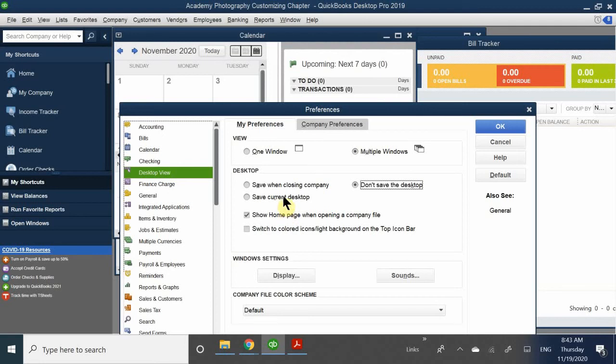So I have it already selected. But if I don't, what's going to happen is you're just going to get that gray screen. Okay? So I have that. Now the next portion is going to be to switch to colored